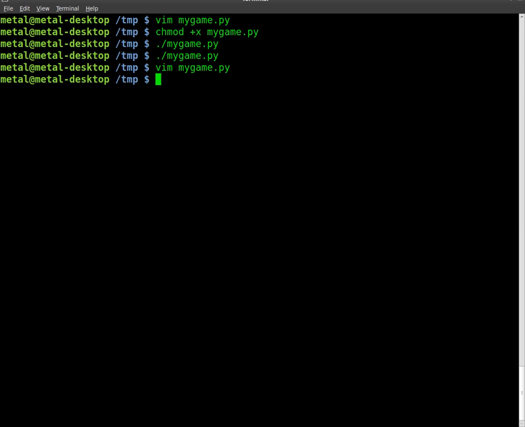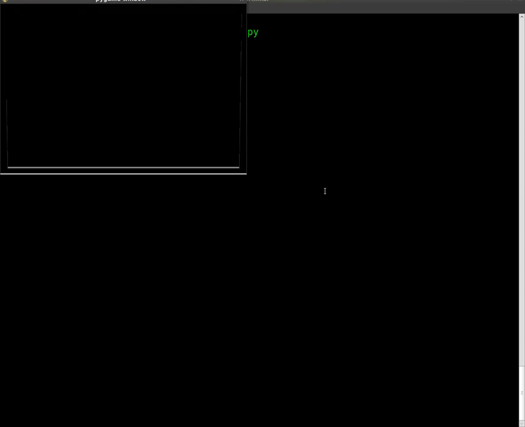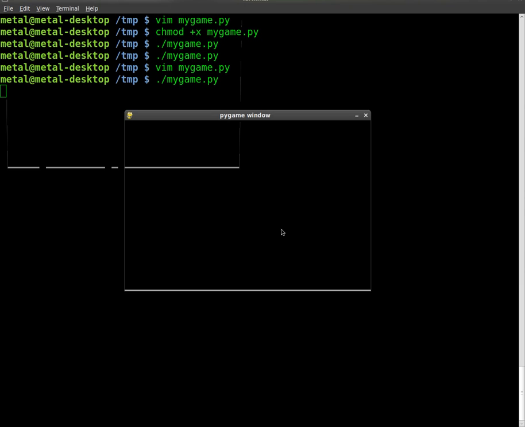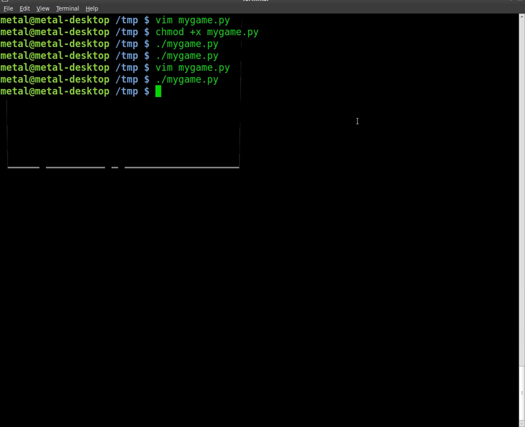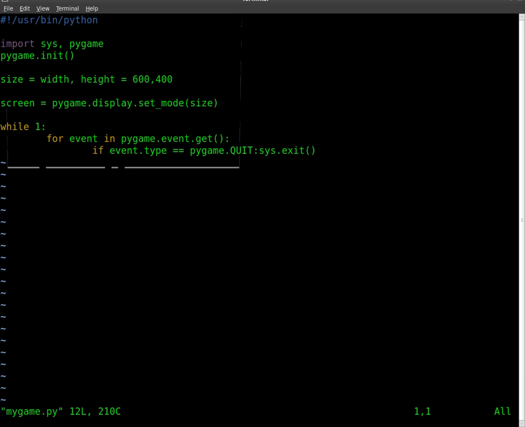If we save that, we can run it again. We don't have to chmod again because it's already been changed to be executable. There's our window, and it stays open until we hit the X, and then it will close. So let's have another quick look. I'll explain the script one more time. Setting our Python environment, importing PyGame and sys, starting PyGame, setting our screen size, starting up the screen, the window,